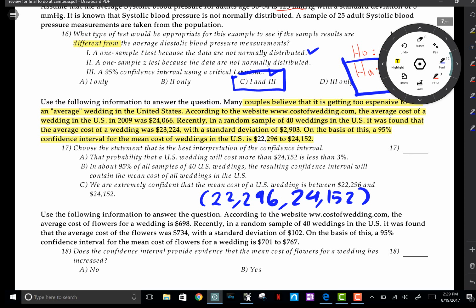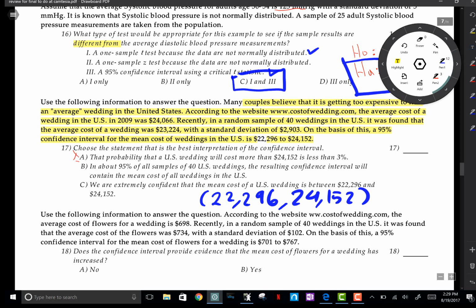It has nothing to do with the probability. So it's not like if we do 100 weddings, 95 of the weddings will fall between 22,000 and 24,000. It just means that if we were to repeat the confidence interval many times, 95% of the time it will capture the true mean, and 5% of the time it won't capture the true mean. So for those reasons,